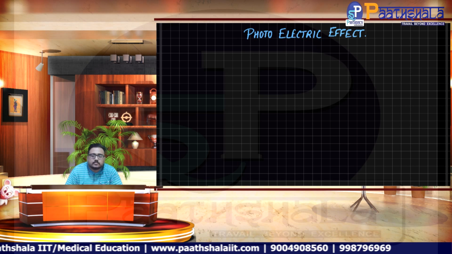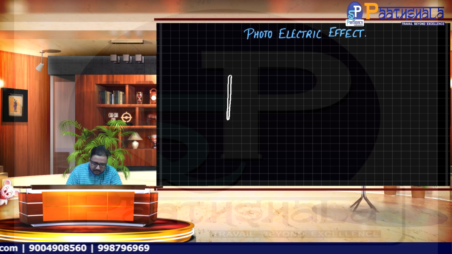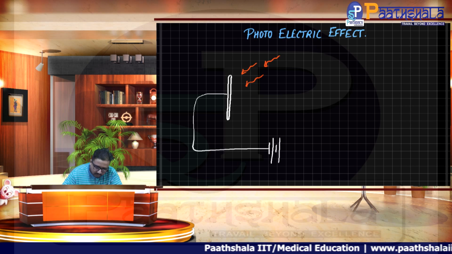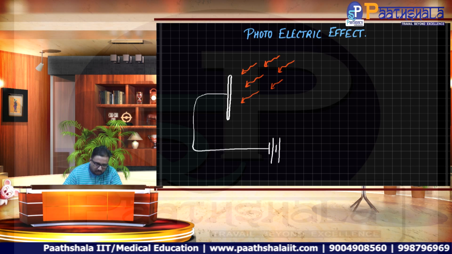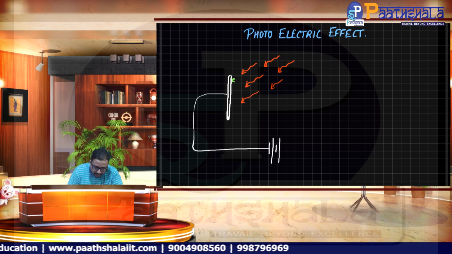So basically, what is the photoelectric effect? Herein there is a metal plate that is often used as a cathode in a particular circuit. This metal plate is irradiated with photons of light. Photons are supposed to be light particles. So this metal plate is irradiated with photons. So as a consequence, what happens is electrons get emitted from this metal plate. Electrons that carry negative charge, they get emitted